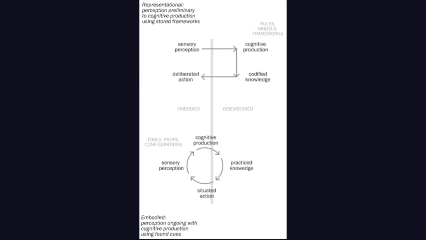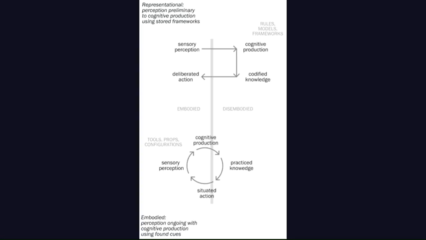Cognitive scientists have backed away from the computational models of the mind they once relied on in favor of a new view of cognition as making active embodied use of external contexts. Hence, you aren't your brain. This figure shows the older model at the top and the newer model below it. The older model is the squared off sequence at the top, and the newer model is the circular sequence below. I'll zoom in on each of them in a second.